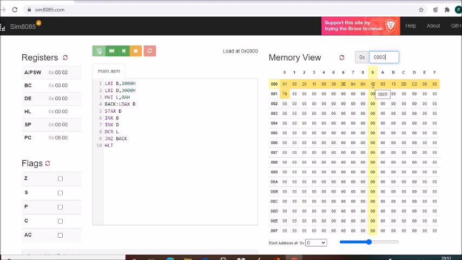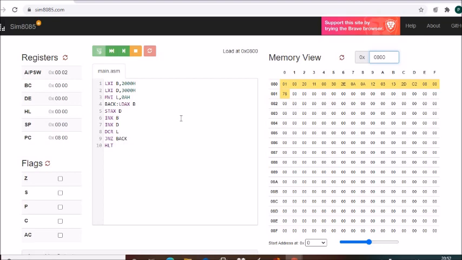Then 0A is the opcode for LDAX B. Then 12 is the opcode for STAX D. Then INX B, 03 is the opcode. 13 is the opcode for INX D. Then 2D is the opcode for DCR L. C2 is the opcode for jump if not 0, and the back address is 0800. Understood? And 76 is the opcode for halt.